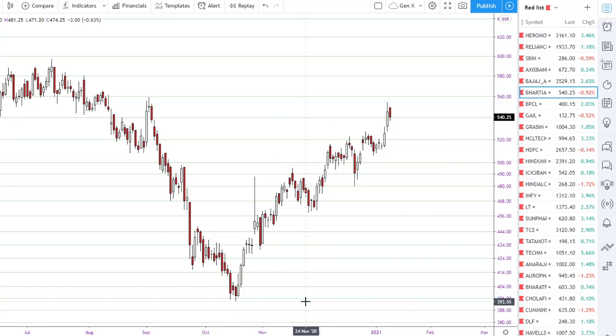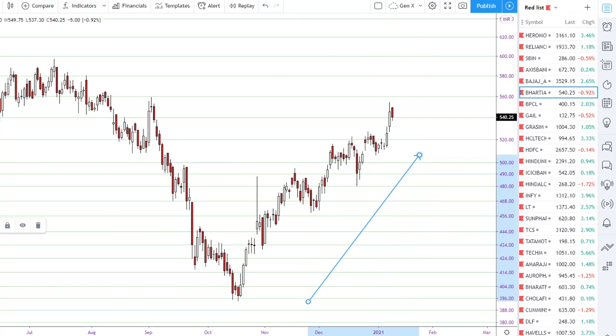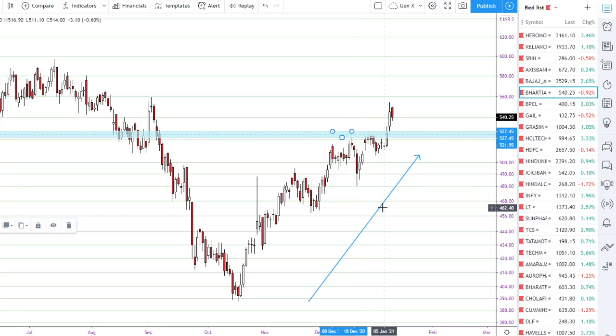This is clearly in an uptrend. We have identified the trend. Next is identifying the zone of interest, which is like the previous higher high. So this is the zone, and I patiently wait for the price to drop to this zone here,